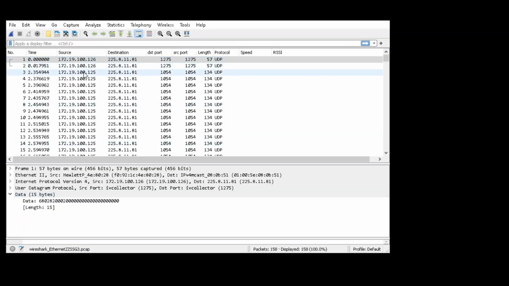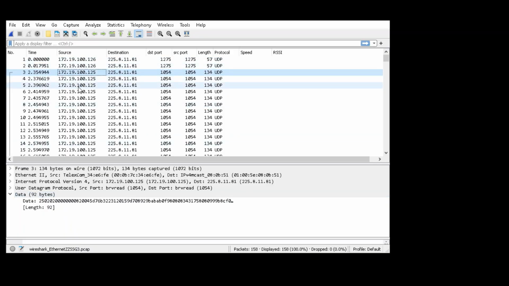Now, all the rest of the packets come in, and you see they're originating from .125, which is the IP223. They're using port 1054, and when you look at their data bytes, this little data chunk here, you see this one's 92 bytes long, and that's the same for all of them. So 92 is the